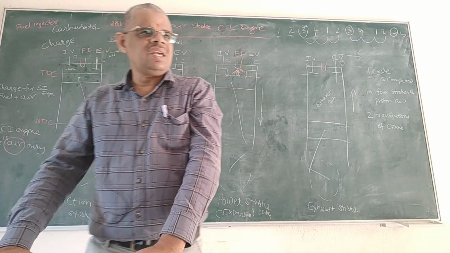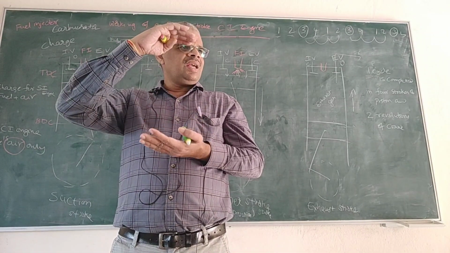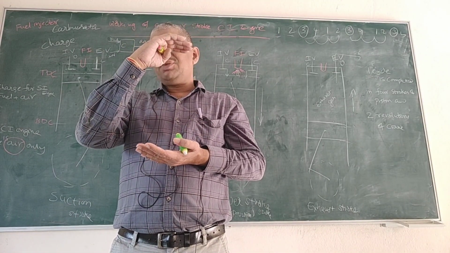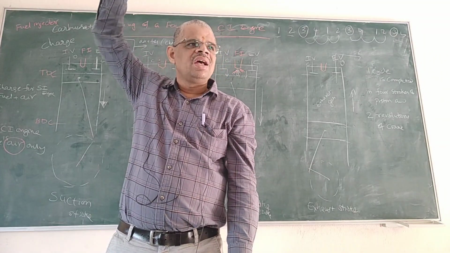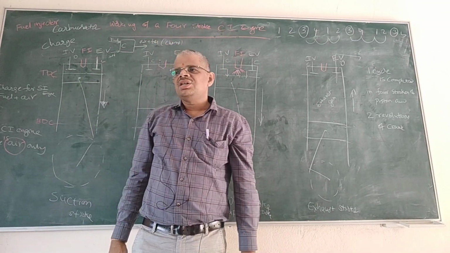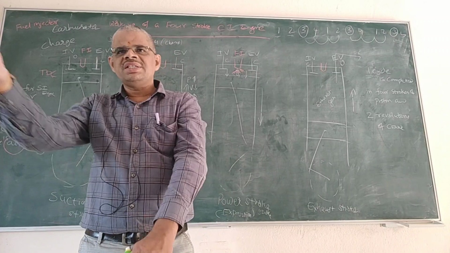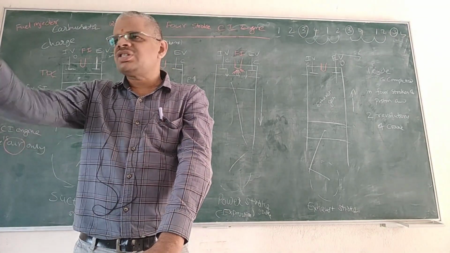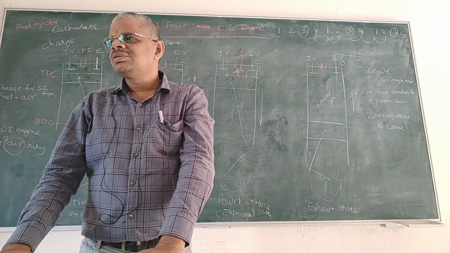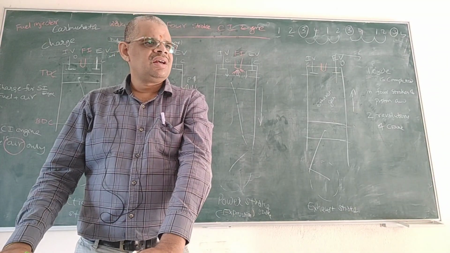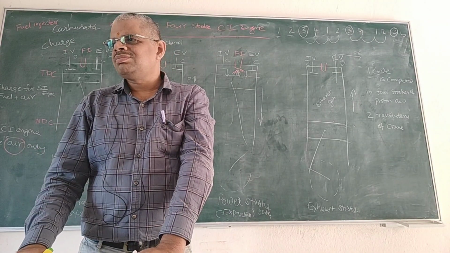That's why if you see a petrol engine, usually it is of this size. But if you see a diesel engine, it is larger in size because of the higher compression ratios. If you see a generator which is used in functions, the engine will be very big. Is it right or not? And if you see a small generator,